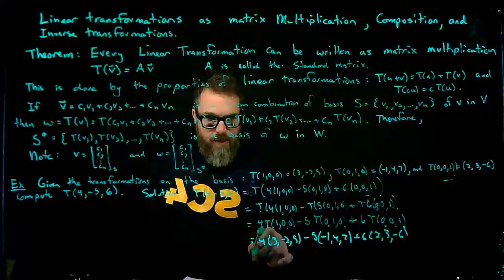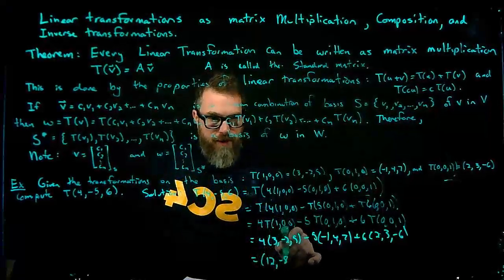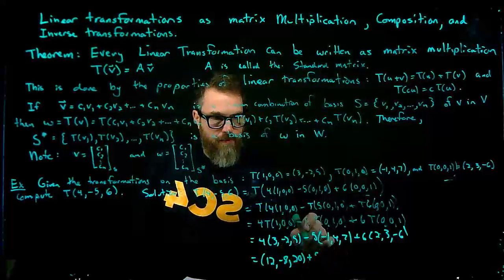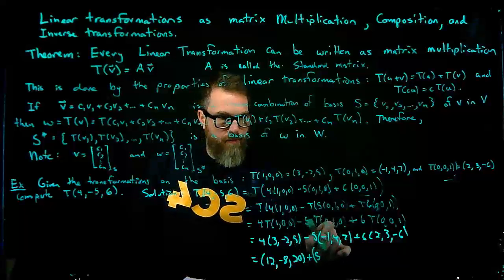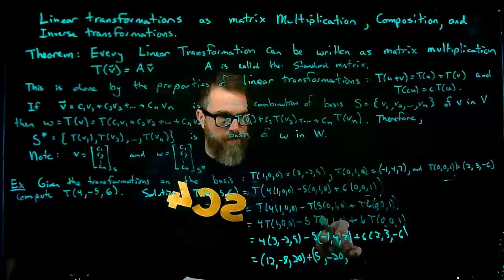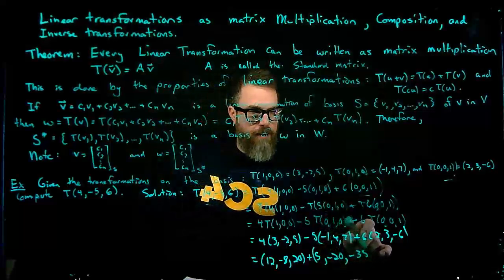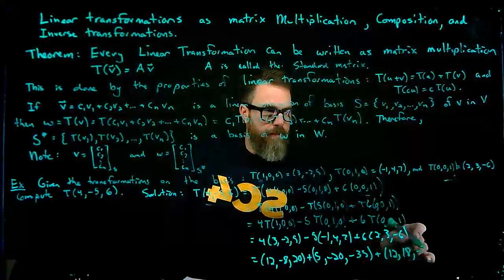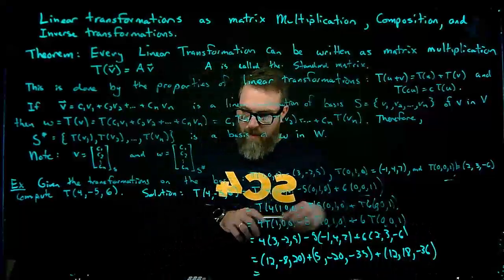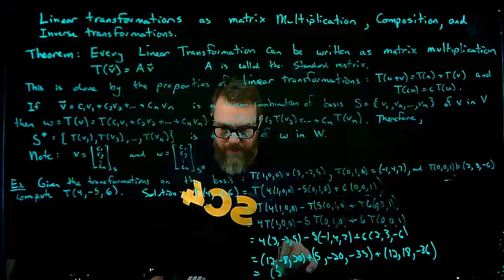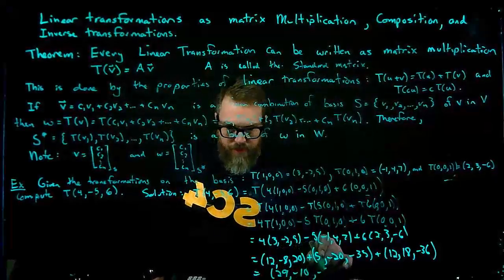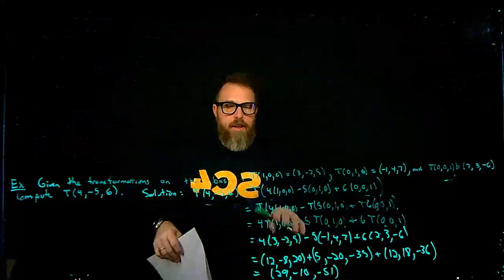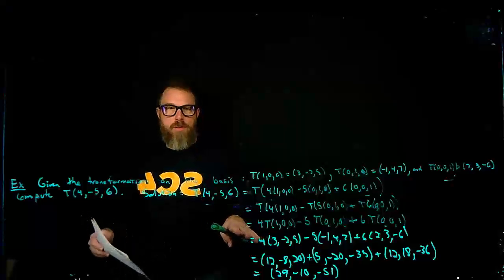So simplifying these things, I'm going to have 12 minus 8, 20, plus 5 minus 20, minus 35, and then finally plus 12, 18, negative 36. So what we're going to get is 29, negative 10, minus 51. All right, so leaving this up, let's prove that this can be done through matrix multiplication, and it really comes